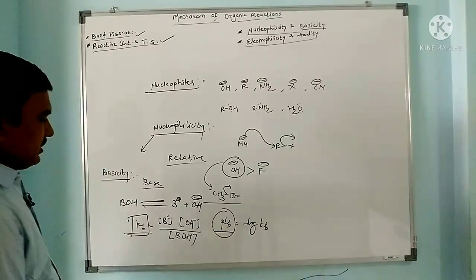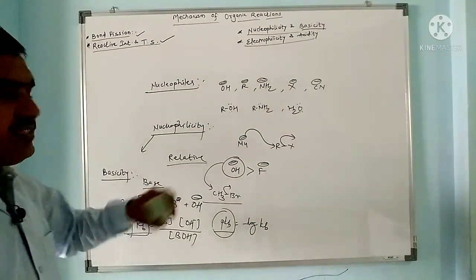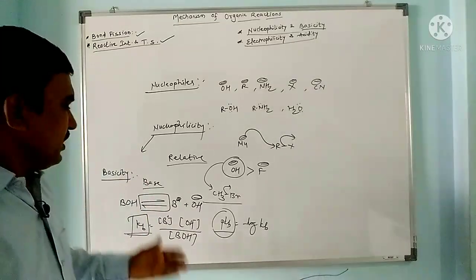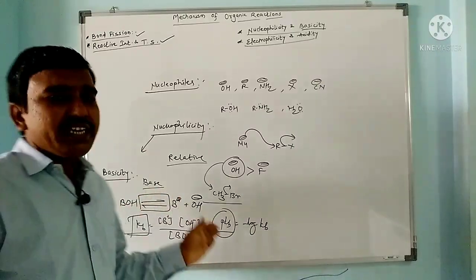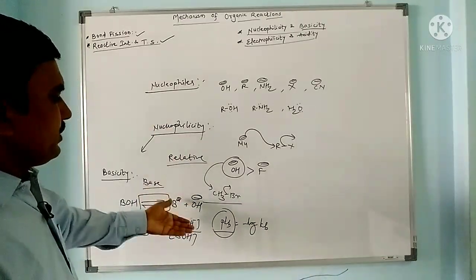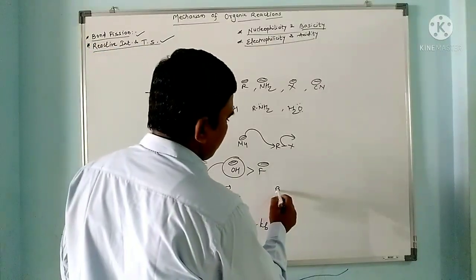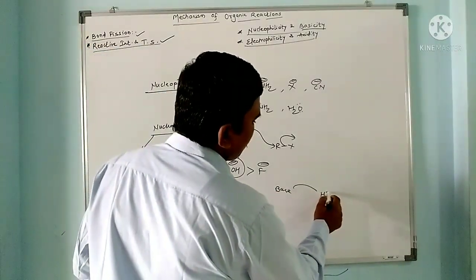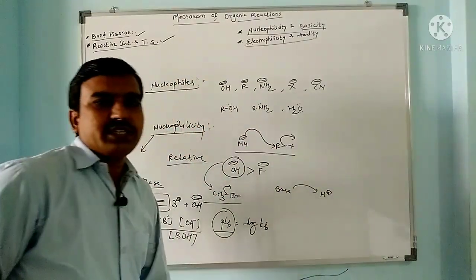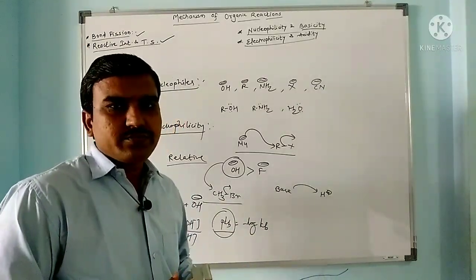So basicity depends on the equilibrium established between the base and its dissociated ions. It depends on the shifting of the equilibrium. If this equilibrium shifts to the right, then the basicity is higher. So this is the difference between basicity and nucleophilicity. Bases make bonds with protons, how fast they accept a proton, while nucleophiles make bonds with an electron deficient substrate. Actually both terms are closely correlated to each other.